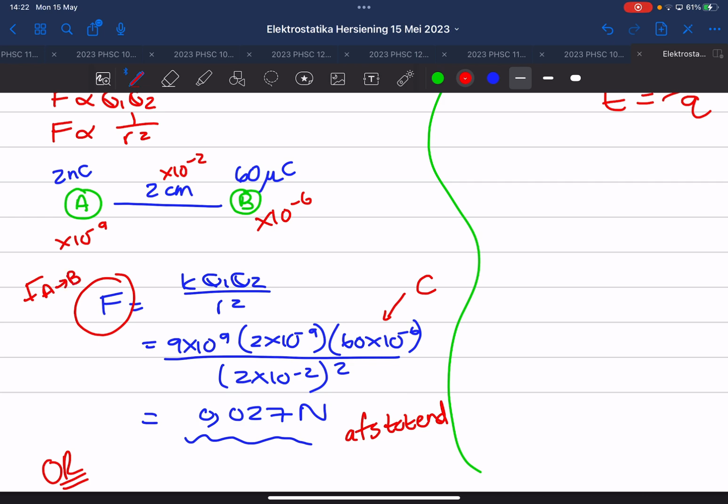Watter krag oefen A op B uit? Dan gaan sê wat? Dit is 0,027 Newton. Wat gaan A met B doen? As A stil staan en B kan beweeg, wat gaan hy met hom doen? Afstoot. So dan is die krag